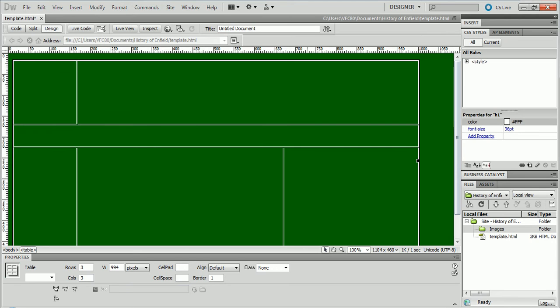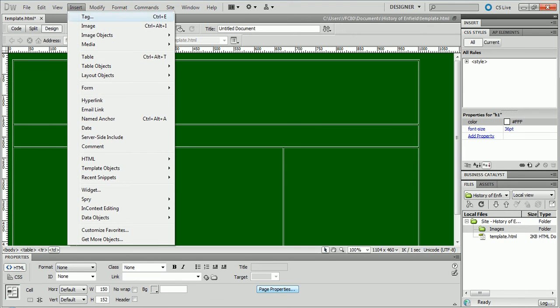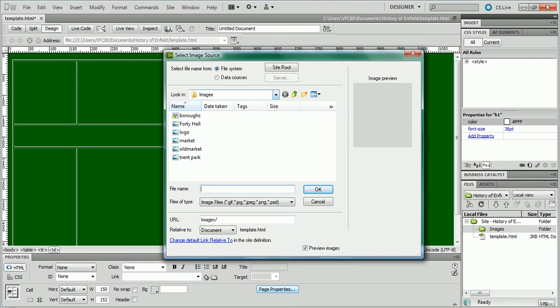Okay, the next thing I'm going to do is add an image. I said I was going to put the logo in the top left hand corner. So if I then select insert, then image, as you can see,